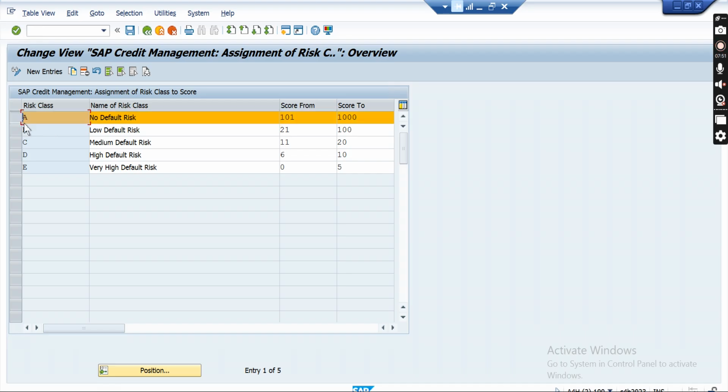For example, the first one is A, that is no default risk. It means the customer coming under A has no risk. B means low risk. Okay, this is very low risk. This is low risk. This is medium risk. This is high risk. This is very high risk. And you can